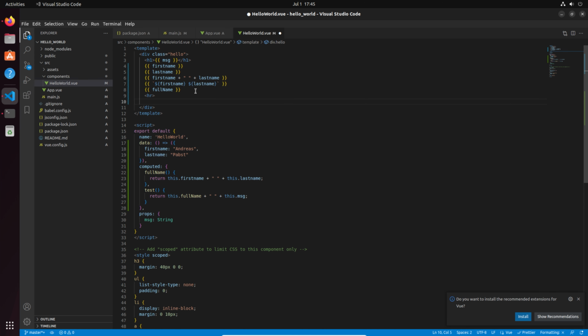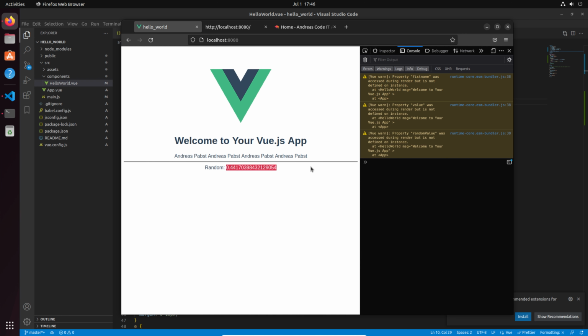Make a horizontal line, and then print a random value. How would you do it? Just use Google to find how to randomize values, or maybe you just hit pause on the video. There could be the Math.random function, for example. And you see this is a random value, and